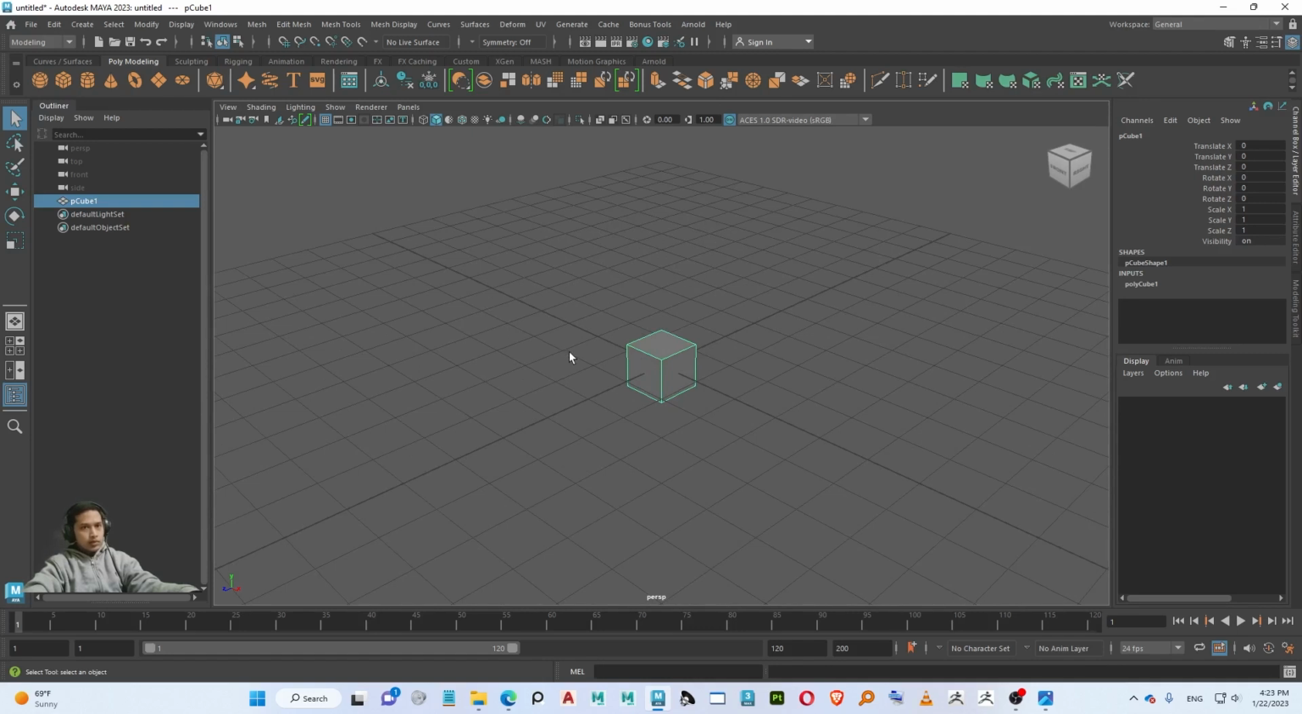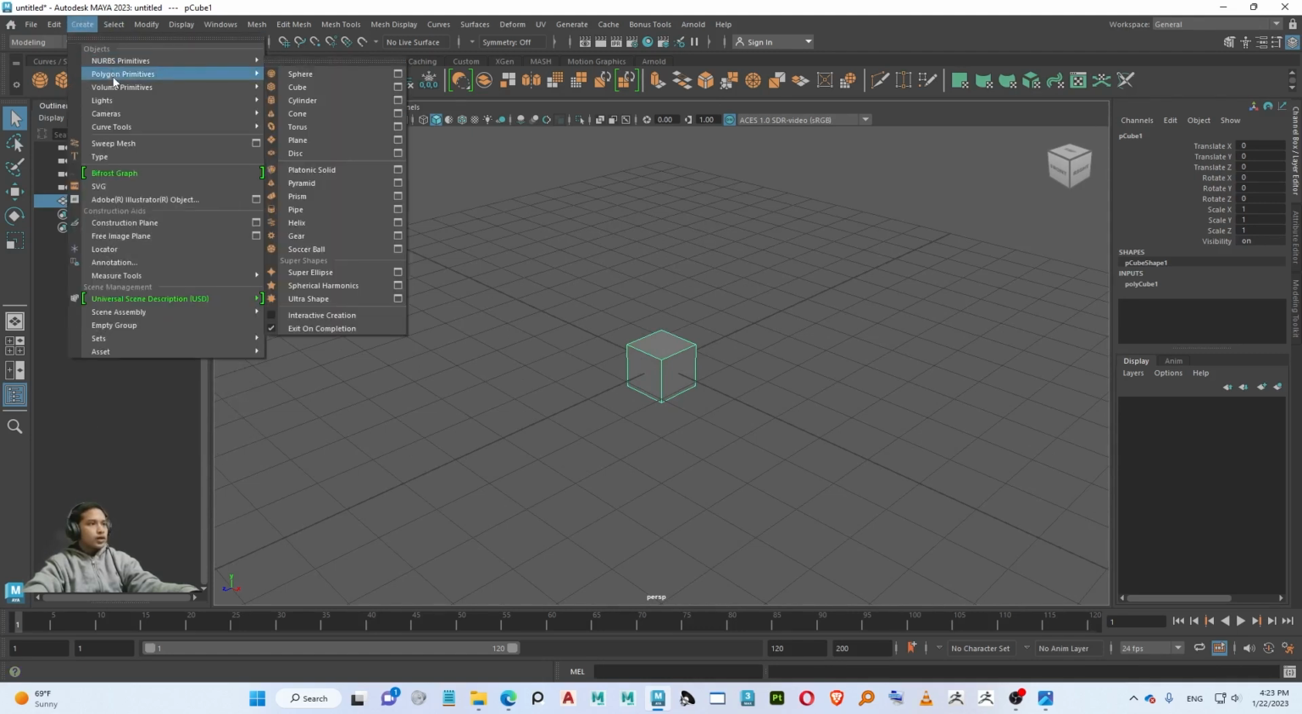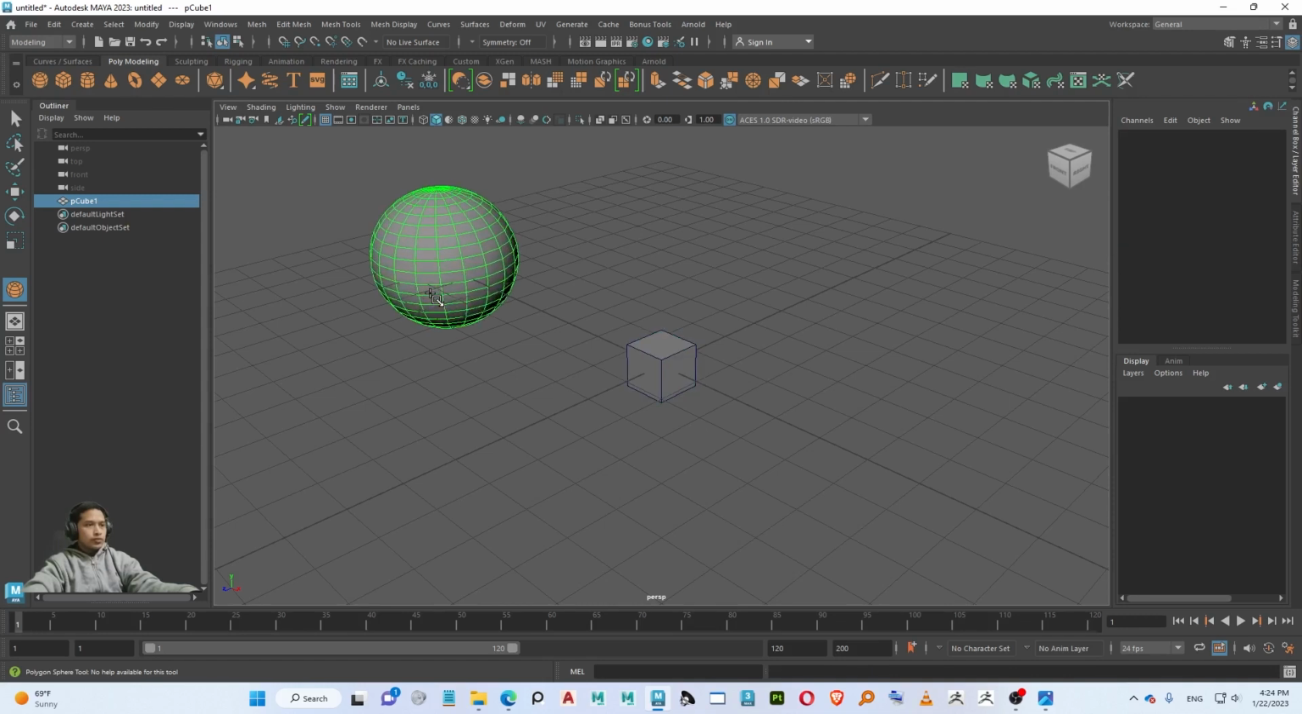There is another method to create. Go to this create menu and polygon primitives, turn on this interactive creation. Now if we click any of these, such as this sphere, see on your viewport there will be a pop-up window which is saying to drag on your viewport. Now if we click and drag, left mouse button,